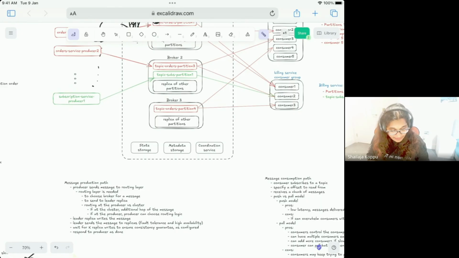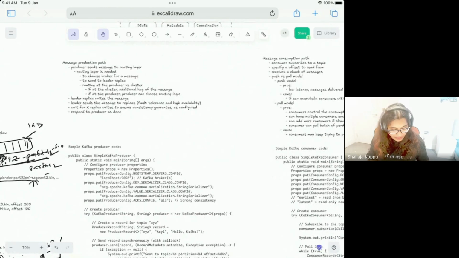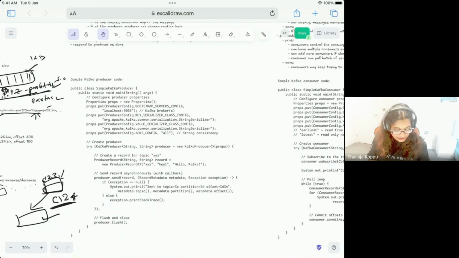And this is how a typical Kafka producer code looks. If you see, it's a simple Java application. You're just saying that this is my topic, and this is my key, and this is my message. So this is the actual message, and the key is used for partitioning, etc. And you're saying producer.send this record. And if you want to have some additional metadata or capture everything, you can write them, and you can have some properties set up.